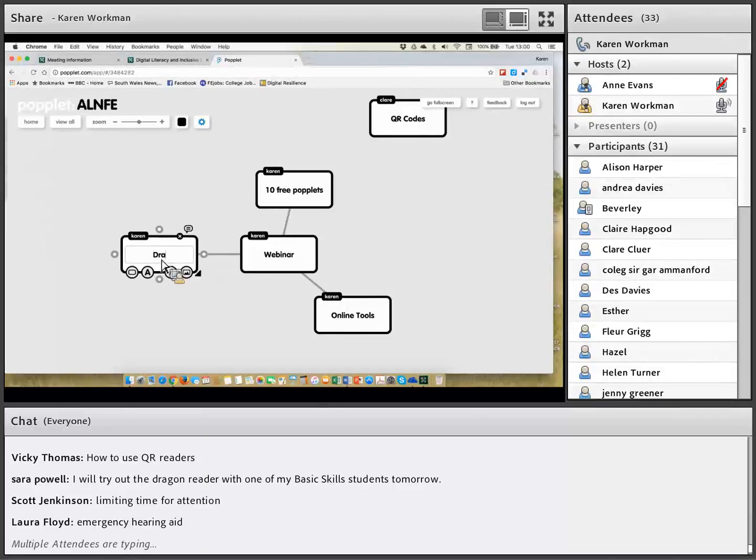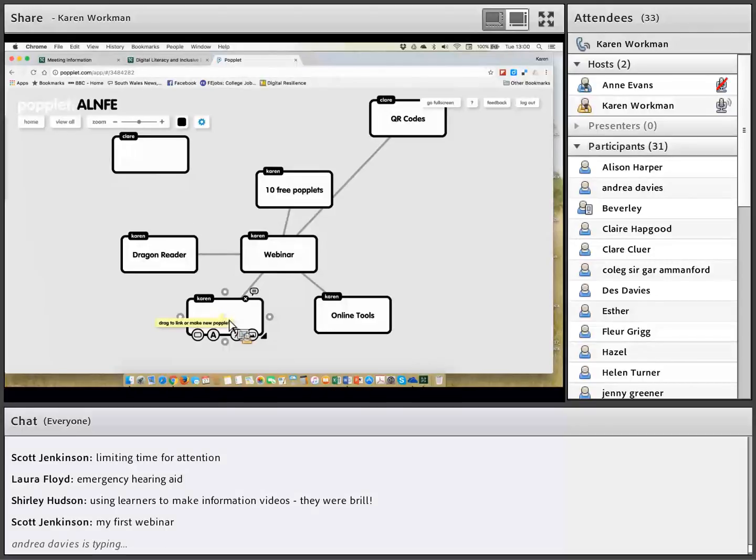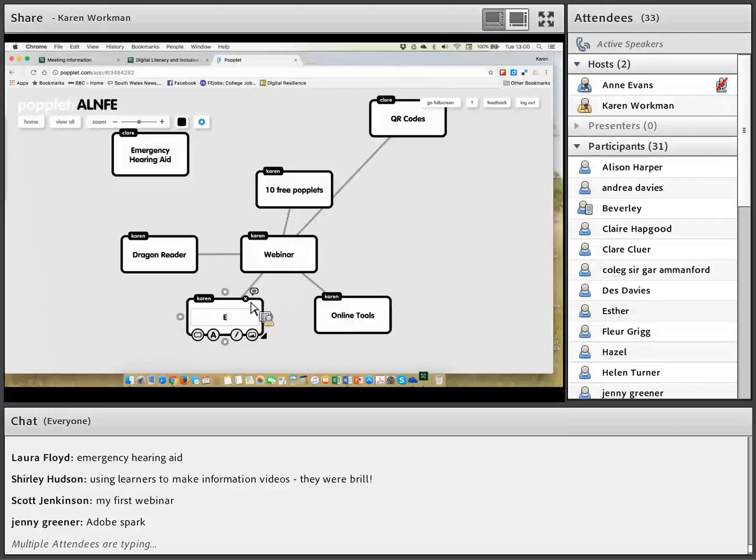We've got Dragon Reader from Sarah Powell. I'm sure you're getting the idea here. Anything else that has been new to you today? Emergency hearing aids, yes. Oh, Claire's got emergency hearing aids. So I will get Adobe Spark. So you can see what we're doing as an online community is pooling our collective resources, and we're creating our own Poplet online. Now we might continue to do that afterwards because we'll go through the chat pane, but for now I'm going to come back because we've got a little bit of time for questions today, so I'm going to come back